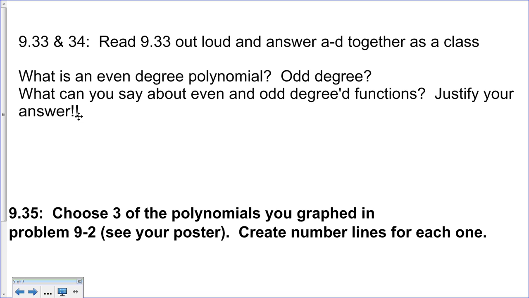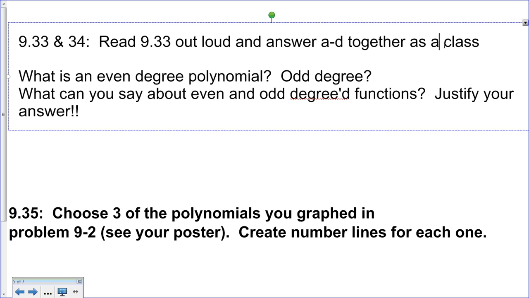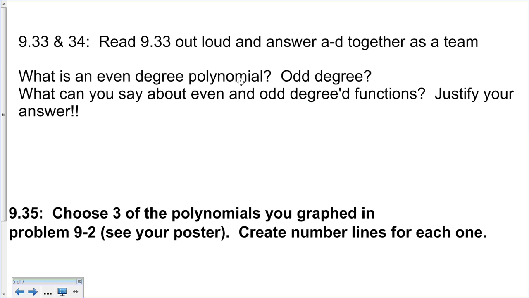All right. Once you are finished with that, I want you to go ahead and look at 9.33 and 9.34. You can read it out loud and answer A through D together with your team, not as the class, but as a team. And then make sure that you come out of that knowing what an even degree polynomial is and what an odd degree polynomial is. Make sure that you've written that down so that I can see that your team gets it. And then what you can say about even degree and odd degree functions. So something like, all even degree functions bounce off the line, where odd degree functions cross through, or anything else